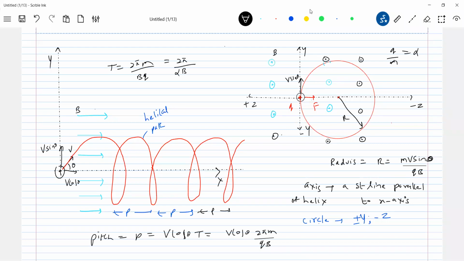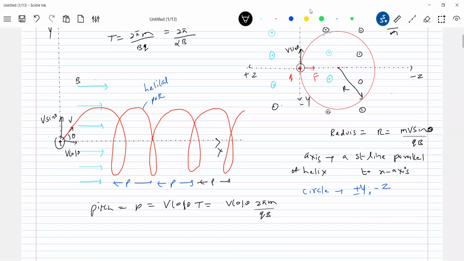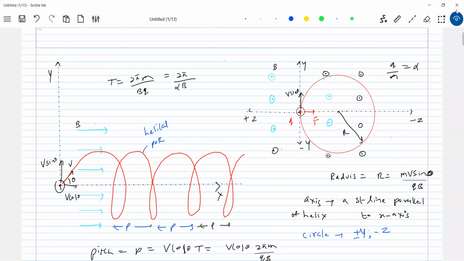If you project with a velocity at an angle theta, with one component of velocity along B bar and the other component perpendicular to B bar, the particle is going to describe a helical path. That's what you are seeing here. Are you getting this? Now, can we write the coordinate and position vector? What do I mean by position vector? At any instant of time, I'll draw a position vector like this. I want this r bar, not capital R, which is the radius. I want the position vector of the particle. So it's better to take help of this diagram. This diagram will help us a lot. So I'll proceed with it.